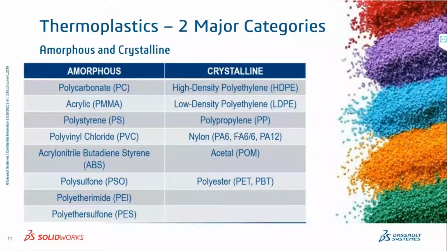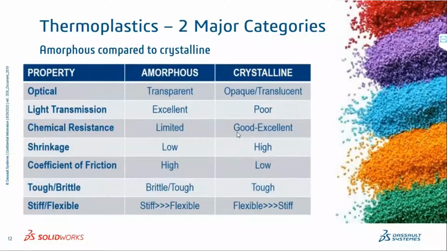Both have good impact strength, but the only difference is that the front lights have to be taken care of if there is an impact load coming on them, because the vehicle moves at a very high speed. So if there are any impacts coming on the light assembly plastic, it has to be taken care of. So depending on the applications, we bifurcate whether it is amorphous or crystalline.